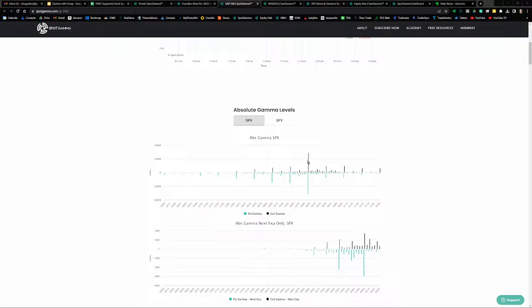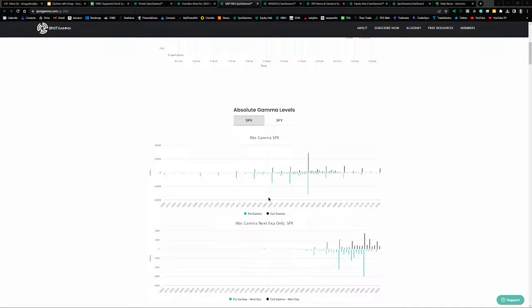And then down below, the 3,900 level, that is the put wall. So the absolute gamma strike, or the key gamma strike, is the strike with the largest absolute gamma. And then the put wall at 3,900, that's the strike with the largest net negative gamma, and that can be expected to act as